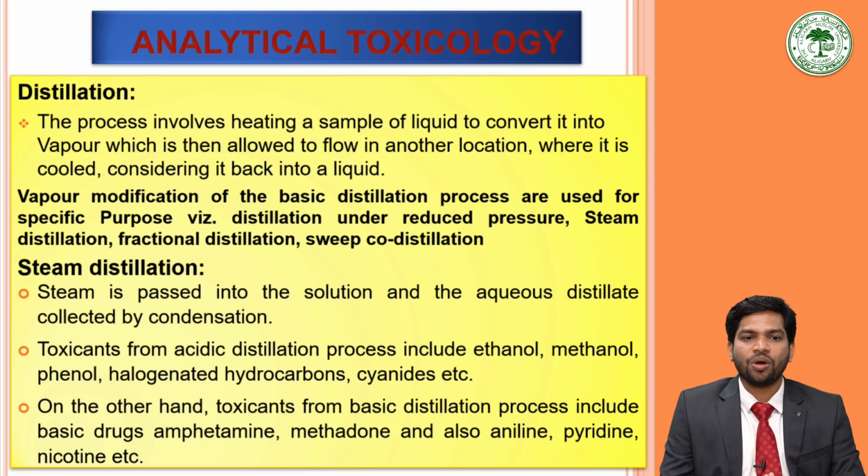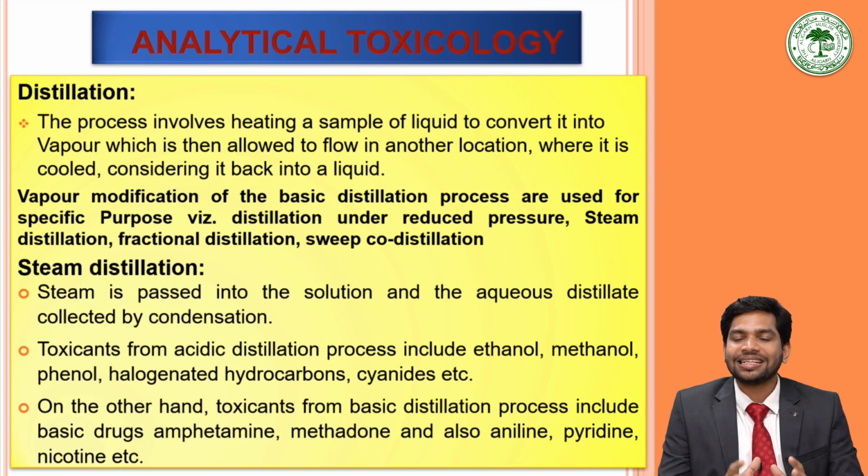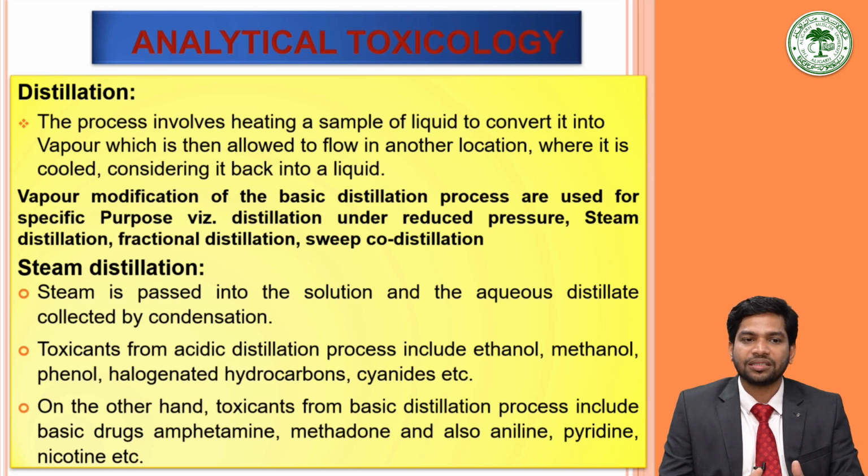The variations of the basic distillation process are used for specific purposes, like distillation under reduced pressure, steam distillation, fractional distillation, sweep co-distillation. For steam distillation, steam is passed into the solution and the aqueous distillate is collected by condensation. Toxicants from the acidic distillation process include ethanol, methanol, phenol, halogenated hydrocarbons, cyanides. On the other hand, toxicants from the basic distillation process include basic drugs like amphetamines, methadone and also aniline,